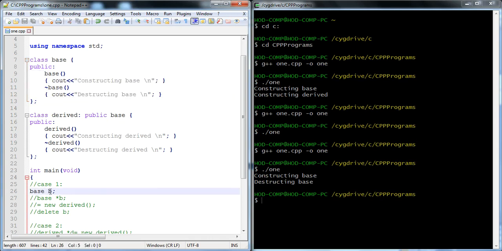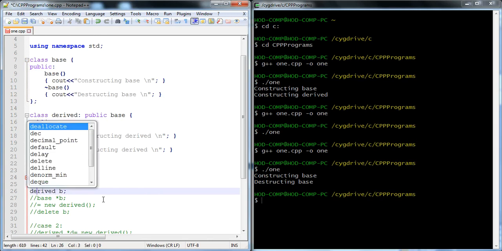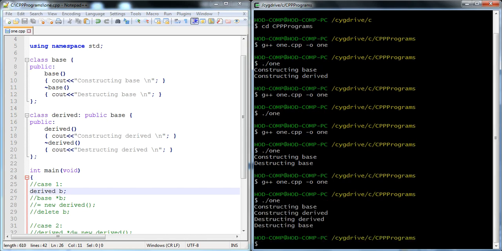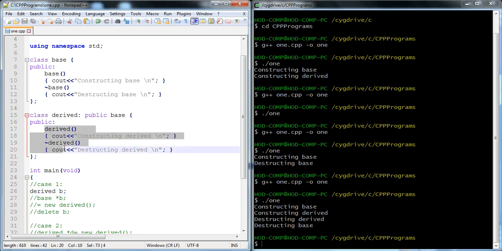If we create a derived class object, then how do the constructor and destructor work? When we create an object of a derived class, it calls all the constructors and destructors of the derived and the base class.